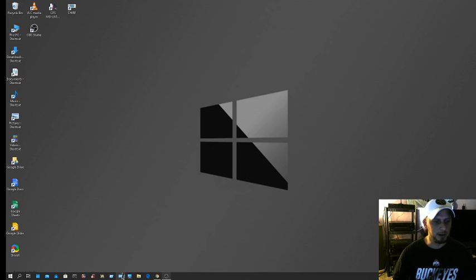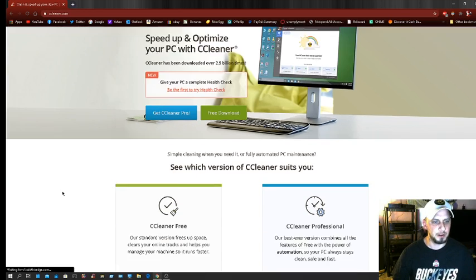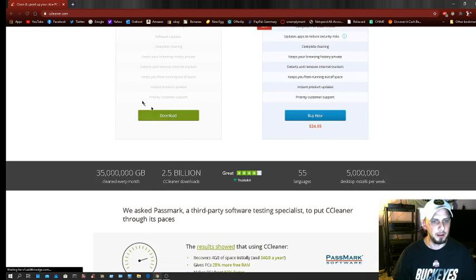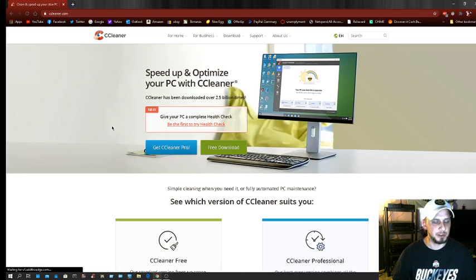So let me start with the first thing I'm going to have you do if you're interested in it. It's totally free, no malware, none of that stuff. Go to CCleaner and download the free version of that. I have the paid version, but you don't need it. I don't actually see much of a difference between the two, although there are slight differences. So you go to